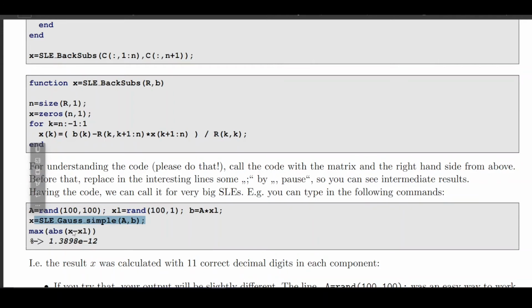And now let's test if we have x1. But remember, how do we test if they are equal? Never test if they are equal. There are always rounding errors. So take the difference, take the absolute value to get negative values to be positive values, and then check what is the maximal entry, and this should be a very small number, and indeed it's 1.4 times 10 to the minus 12, so it's a number